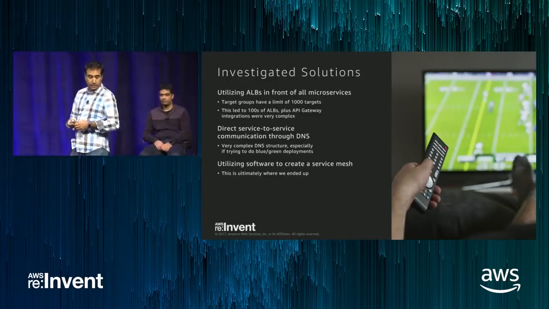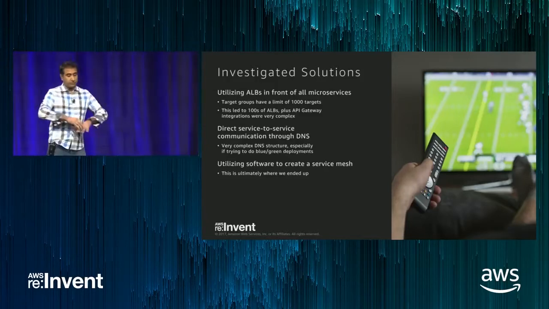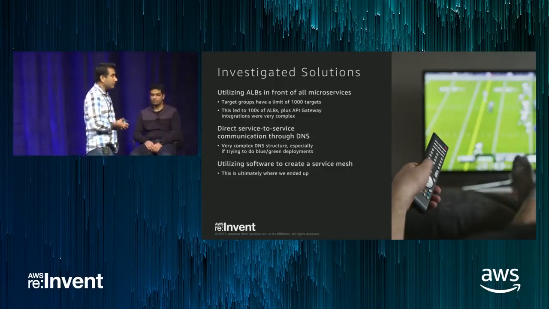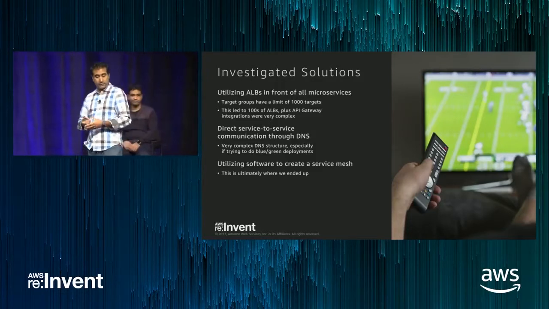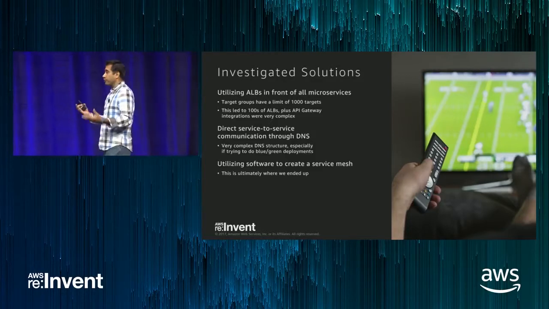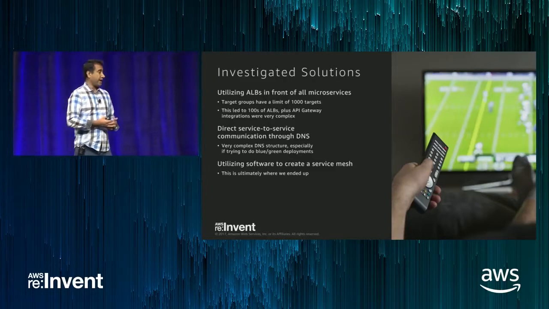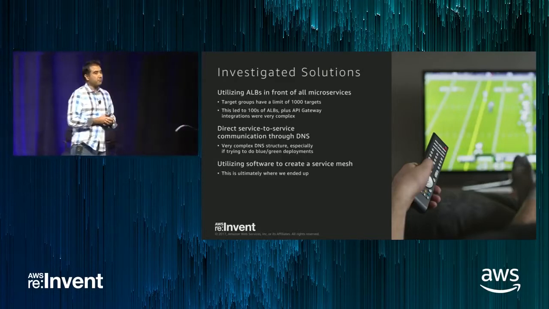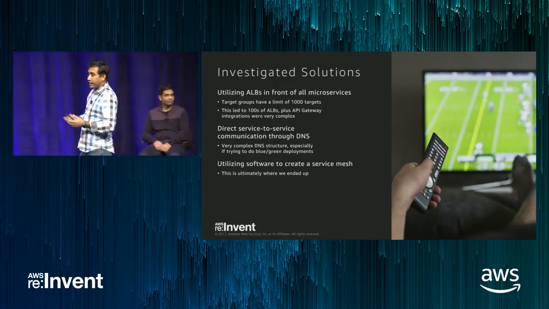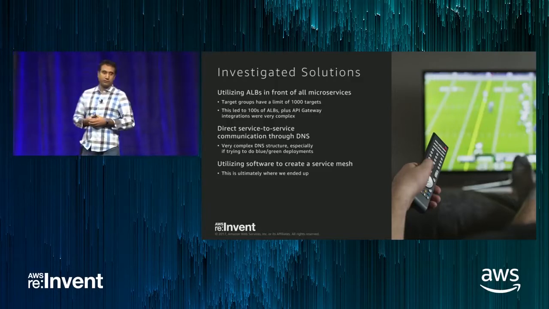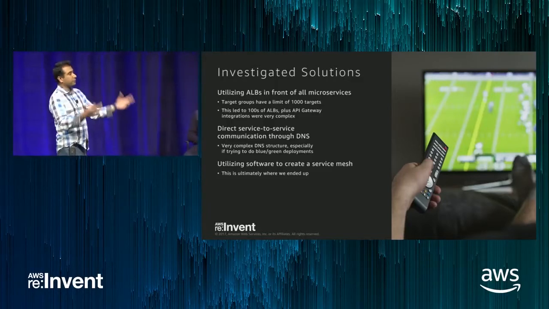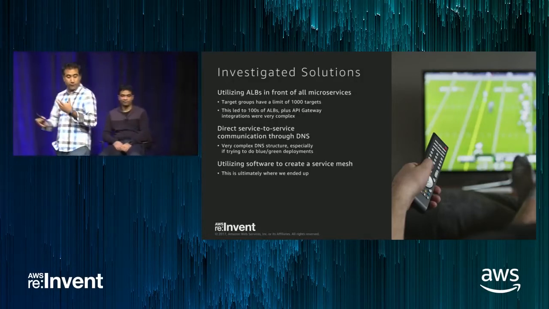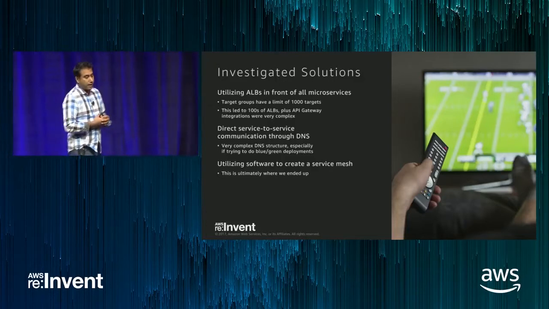I think you could definitely deal with it in terms of the automation, but it does start to get fairly complicated. Another thing that we looked at was saying, okay, well, let's just get rid of that, and let's talk directly from one microservice to another microservice utilizing DNS. I'm sure there are some systems engineers in here, and as any systems engineer has known, we run into many debates around naming schemas and what metadata you want to put into the DNS structure, and at some point you forgot to put this one metadata, and now how do you do that? You change the whole structure for everybody. So those are going to get very complicated to try to think those things out.